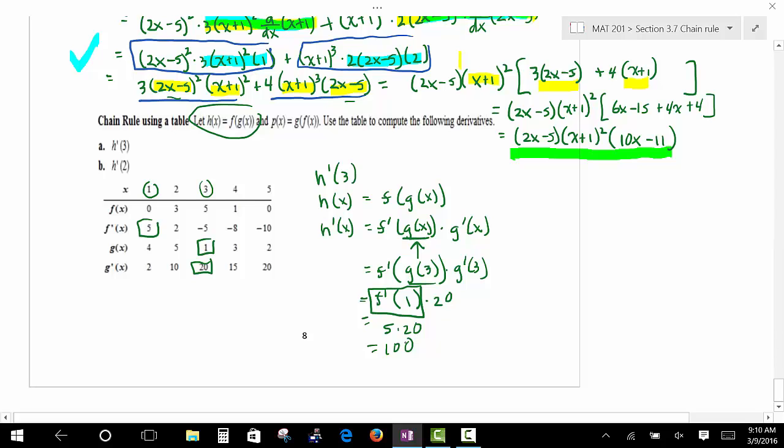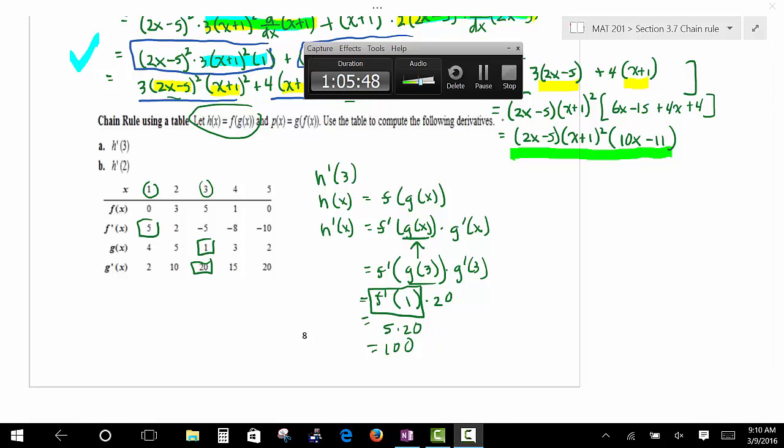Okay, now, I'm not going to do the second one. You guys don't have to do the second one. I just wanted to do a basic example of that to kind of